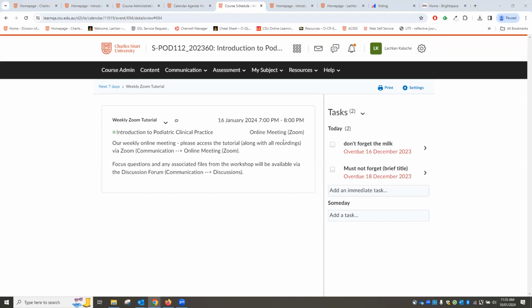Excellent, yeah, thank you. You don't have to enter those manually yourself. They will transfer across once the assessment due dates are set. That's a great question. And you can filter those using that filtering that we looked at within the calendar. All right, going back to our calendar view,